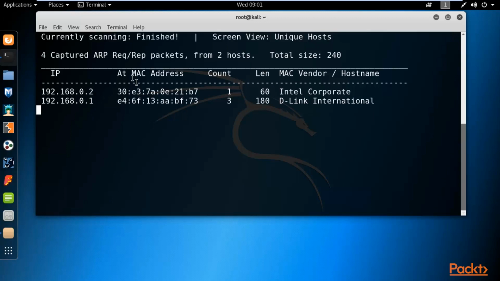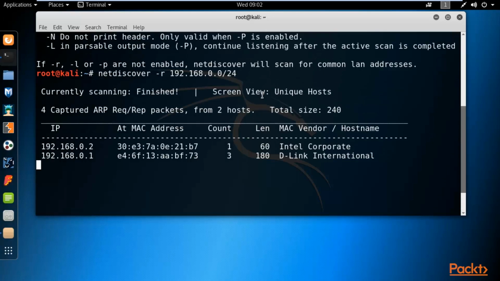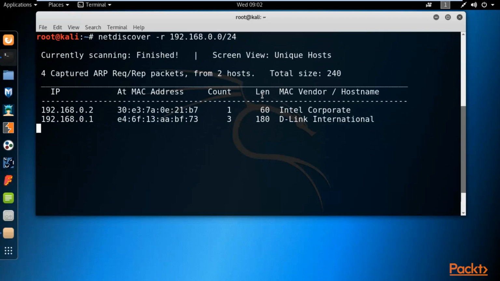If there are 15 machines or 100 machines, it doesn't matter, it will list all the machine information right here with the MAC address, and you can use that inside your vulnerability scanning and penetration testing process. So you can use NetDiscover to perform IP scanning inside your network.